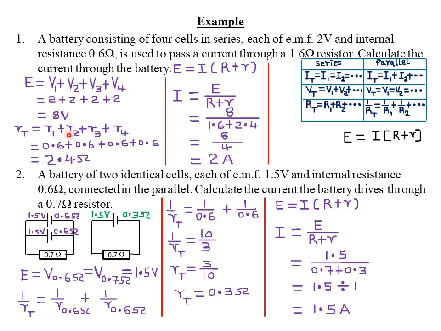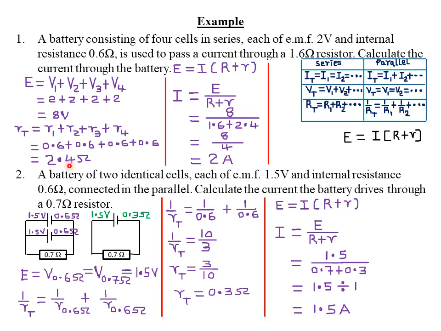That will be R1 plus R2 plus R3 plus R4, because there are 4 cells and each has an internal resistance of 0.6. Therefore, the total internal resistance will be 0.6 plus 0.6 plus 0.6 plus 0.6,